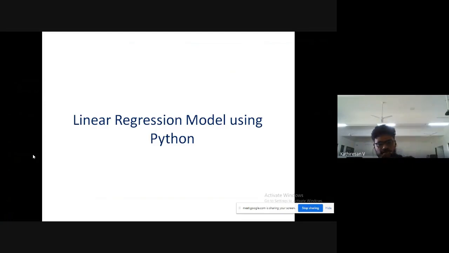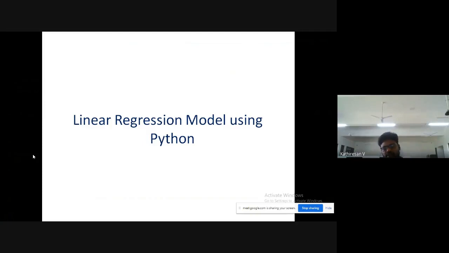Before getting into how linear regression works, whether it comes under supervised or unsupervised learning, I would like to give you some practical exposure.